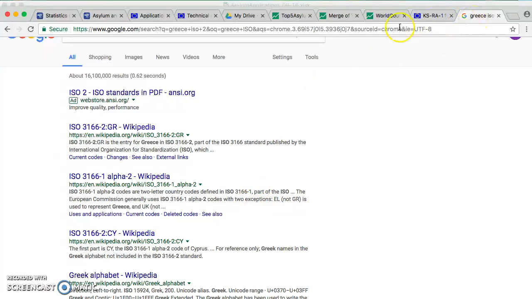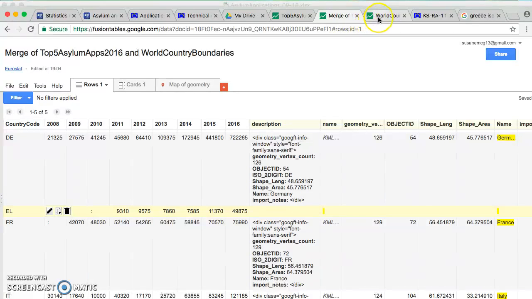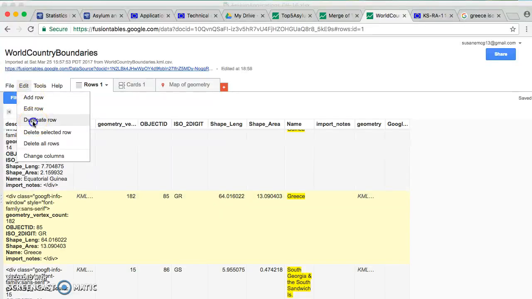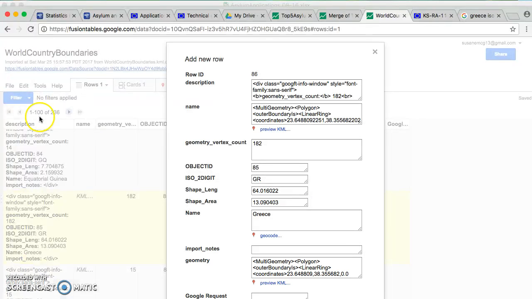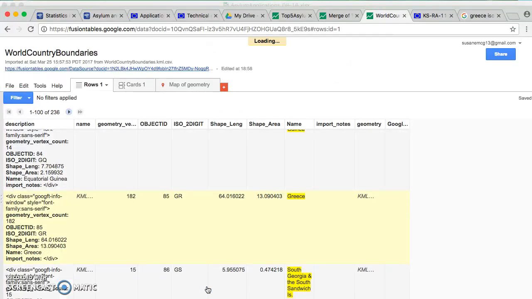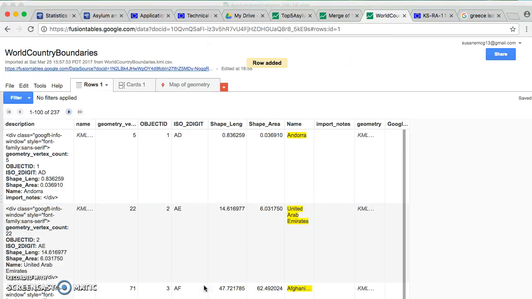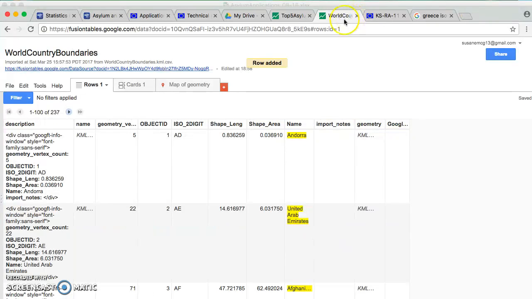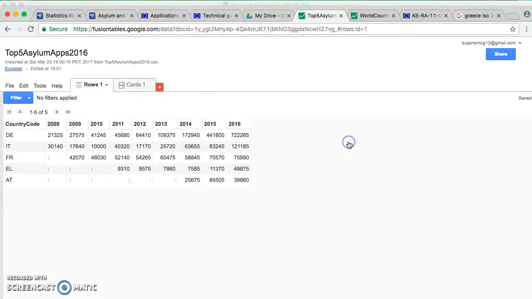And so I have a choice, of course. I would obviously need to re-merge this data. Probably what I would opt to do is actually try to duplicate this row, so that I have both. And instead of having GR here, I would have EL, right? So technically, in my source document, I would have two copies of Greece, but in any given data set, I'm only likely to encounter one of those codes. So if I were to just ignore this table, I don't really need to worry about it, and then do this merge again,